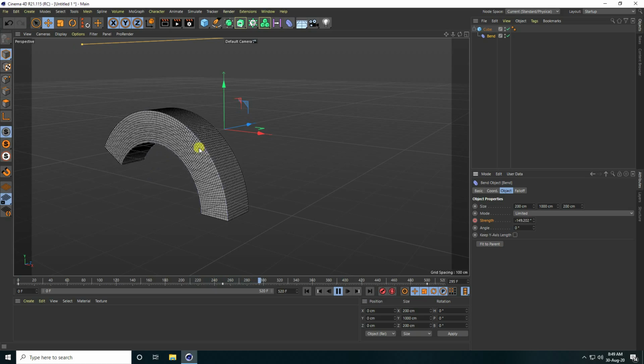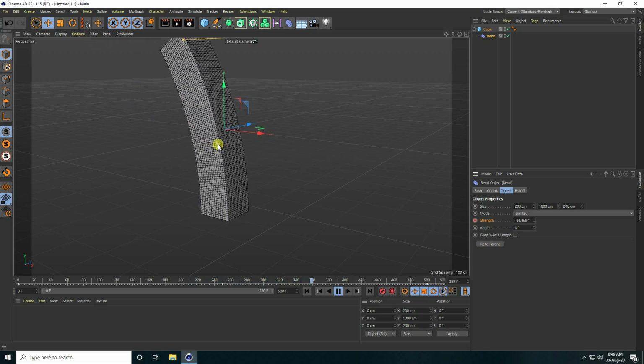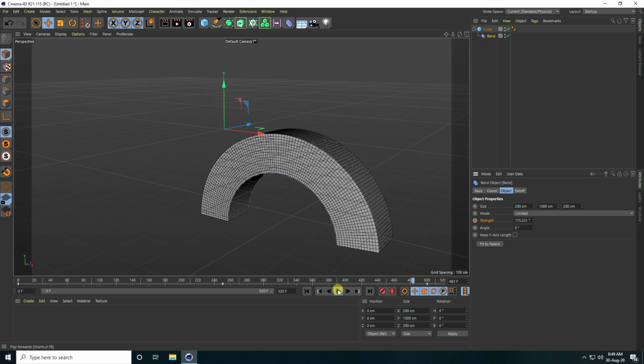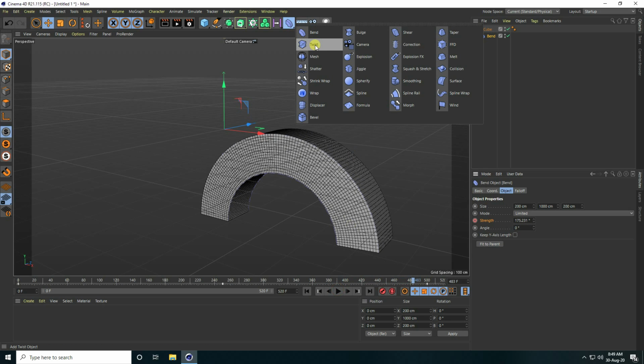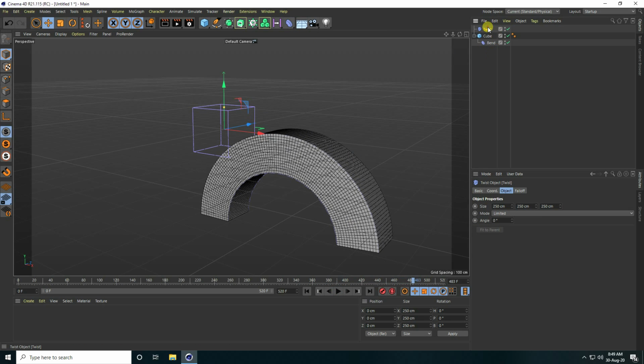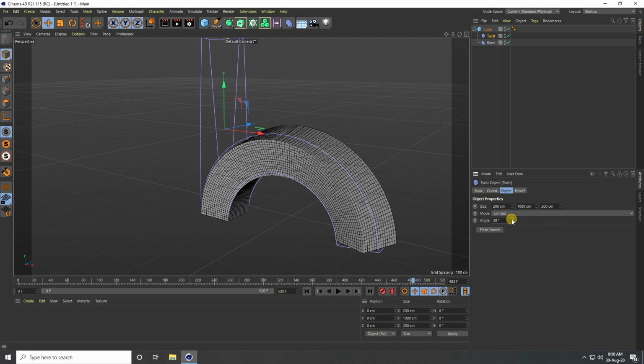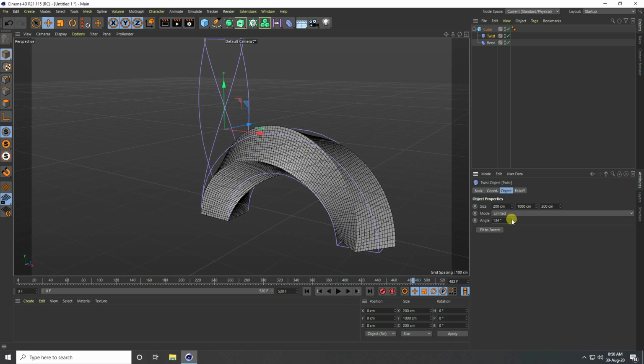Okay, so guys, second step, I use the twist tool. So stop this animation and use twist, this one. Same, connect with the curve and fit to parent, check, and increase the angle like 180.